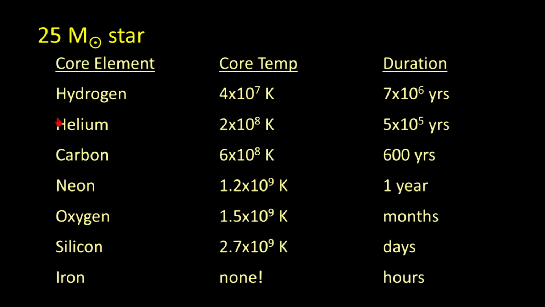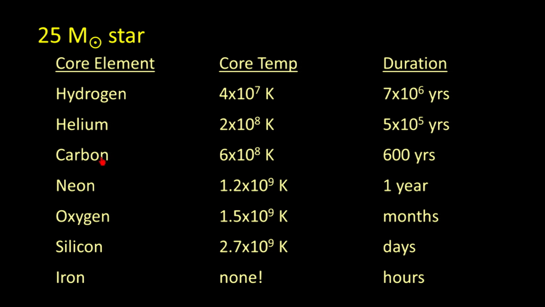Once the core becomes helium, of course, helium requires a higher temperature to fuse. Think back or review the previous videos if this confuses you. And helium requiring a higher temperature is, of course, the problem for a low mass star. An intermediate mass star can get the helium to fuse, and a high mass star can as well. The temperature at the core reaches 200 million kelvins, and for another 500,000 years, this star turns helium at the core into carbon. Now, even though we're saying carbon here, remember that these are carbon nuclei. So this is not solid carbon. This is more like carbon gas at the core of the star.